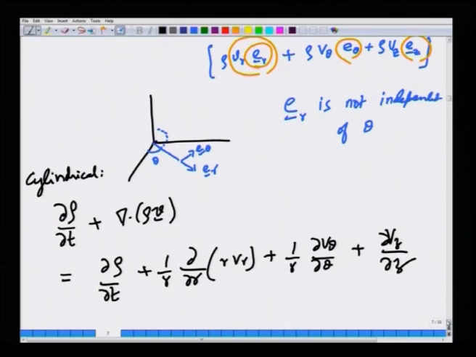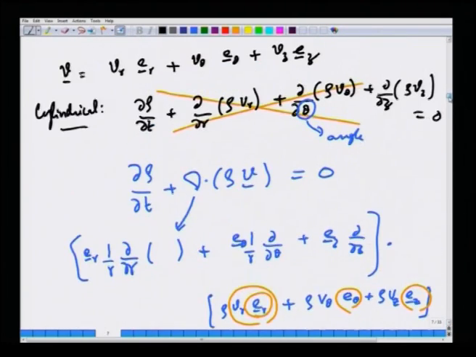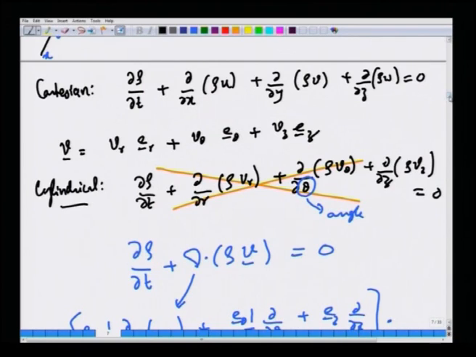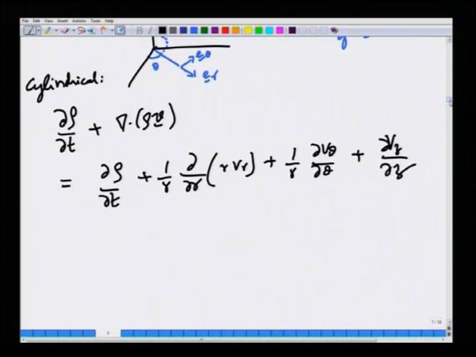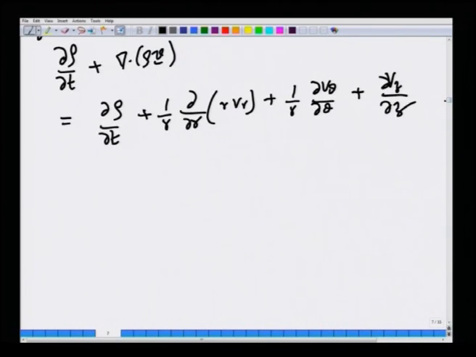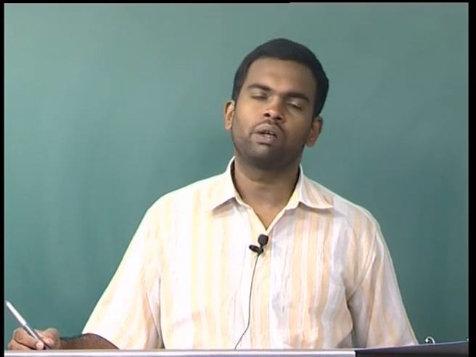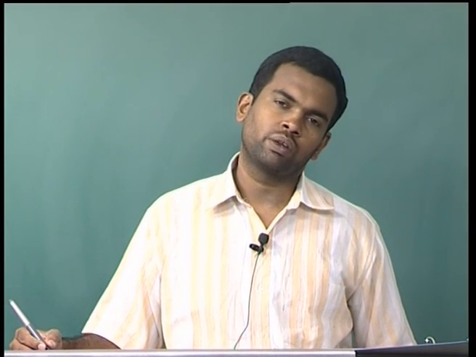So one cannot readily extend the Cartesian continuity equation to cylindrical coordinate systems, because unit vectors themselves vary with spatial coordinates in curvilinear coordinate systems. That is something we must keep in mind, and the same applies to spherical coordinate systems. Having done that, we introduced the notion of stream function, which is very useful, especially when you consider two dimensional flows,